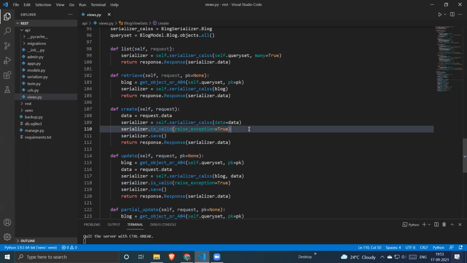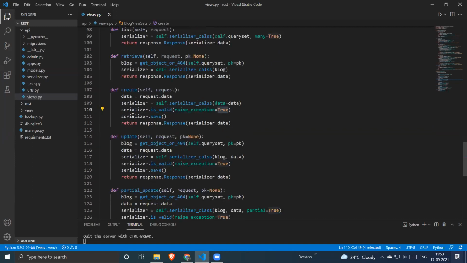For example, you have unique values in your model file, because we are using the model serializers, so it will extend the model class. Let's say you have unique values, or a one-to-many connection, or a max length of 255. If any of these conditions get exceeded by the user input, it will raise an exception. That's why we have to define serializer.is_valid. And if the exception is raised, we have to make it true. By default, it is false, and you will get a Django error.